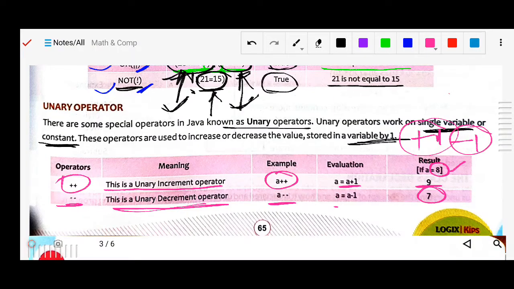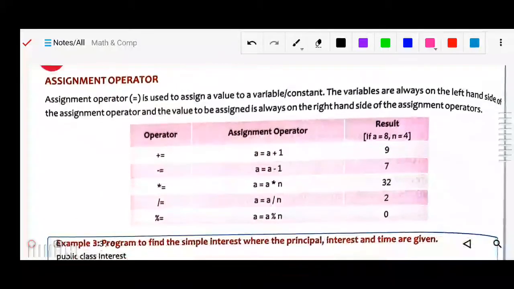Okay, now the next type of operator is the assignment operator. The assignment operator is used to assign a value to a variable or constant. The variables are always on the left hand side, and the value to be assigned is on the right side.